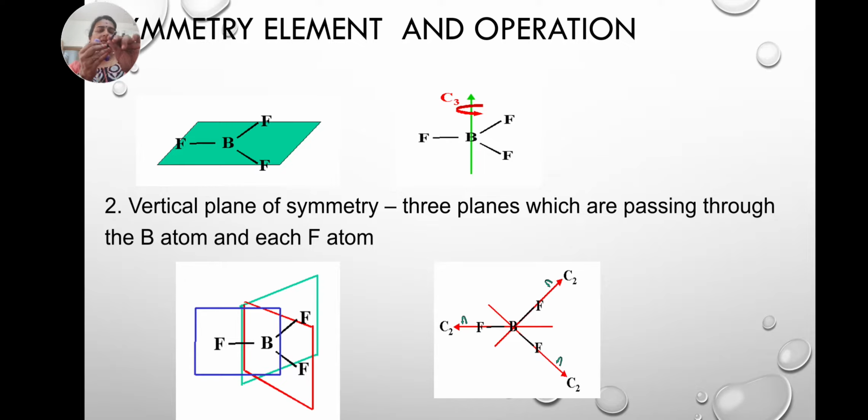So perpendicular to this you are getting a plane. See, this is the plane. Okay, this is the plane. You are getting the plane. This is the bond axis. So that is one plane of